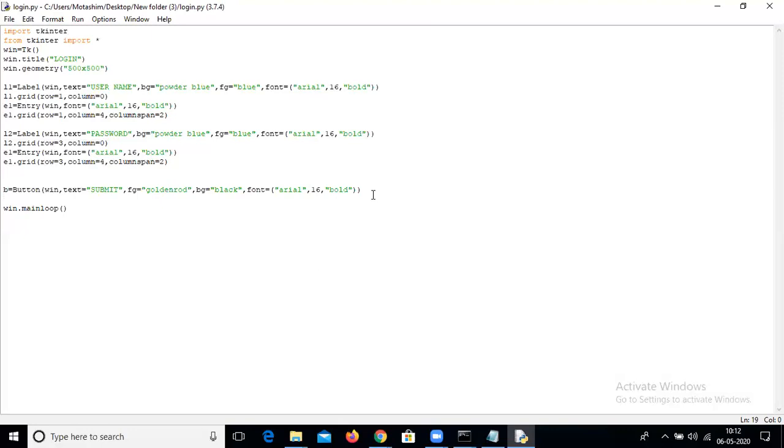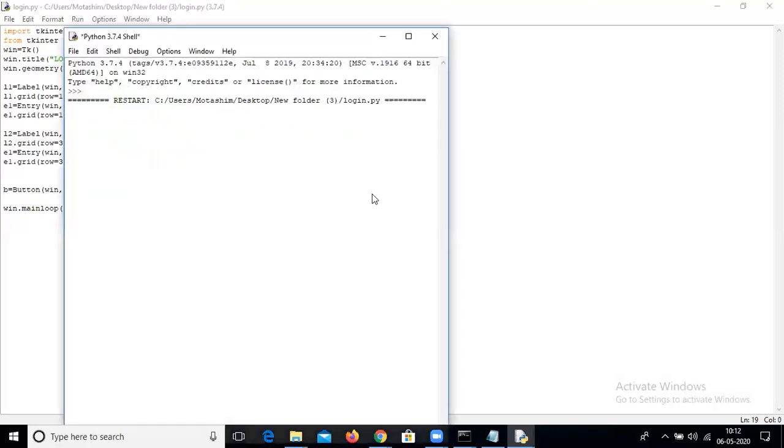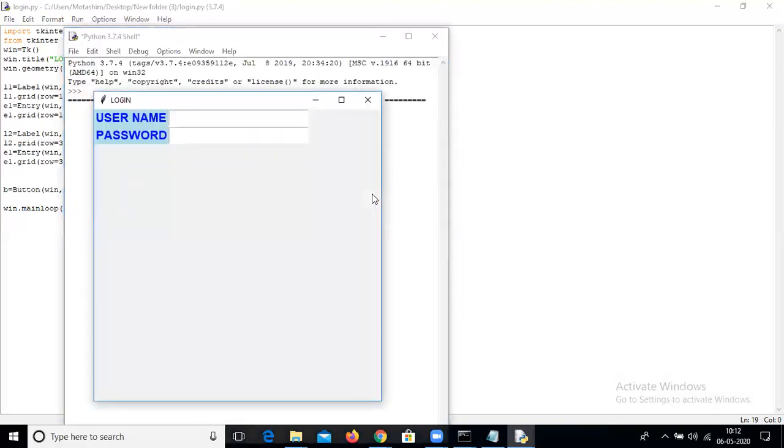Save it. Run it. The button is not shown because we did not place the button inside the main window.